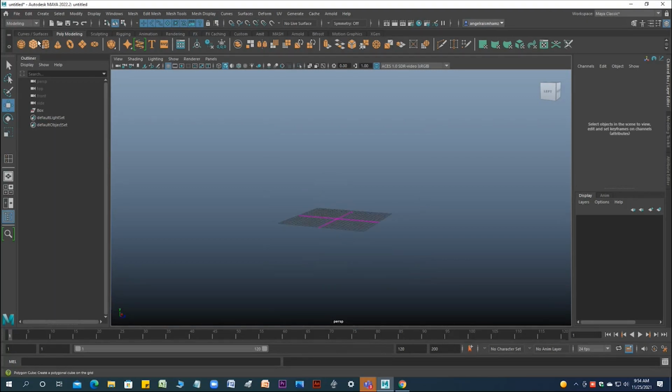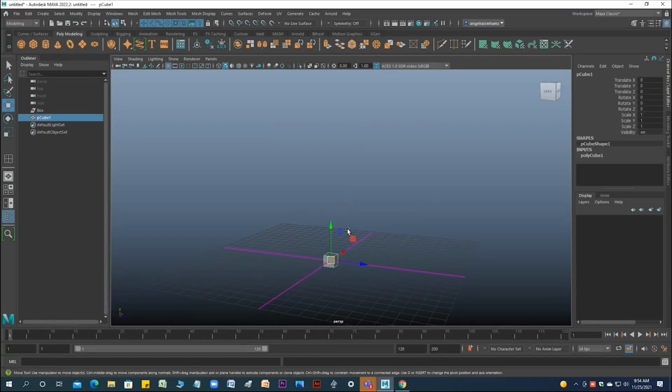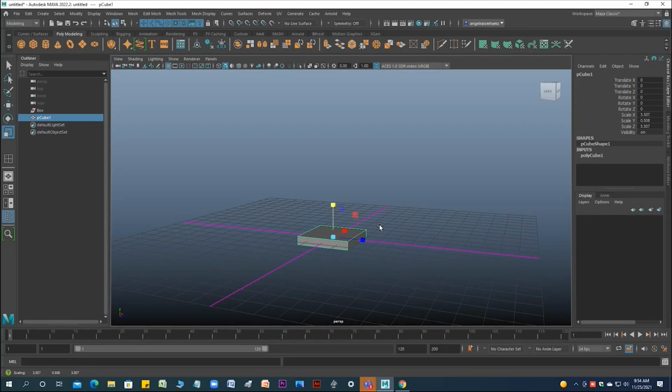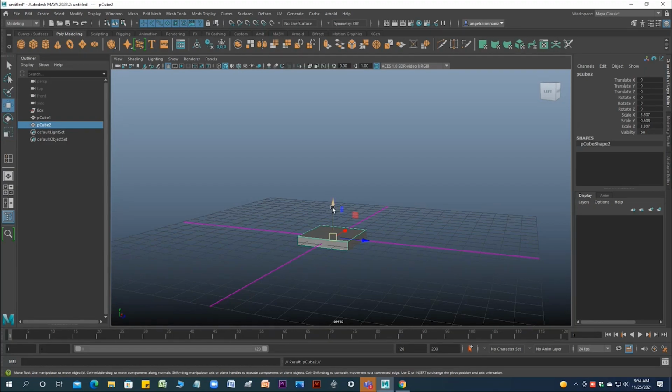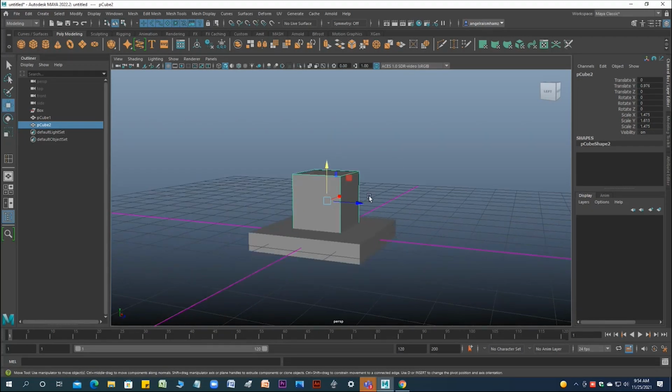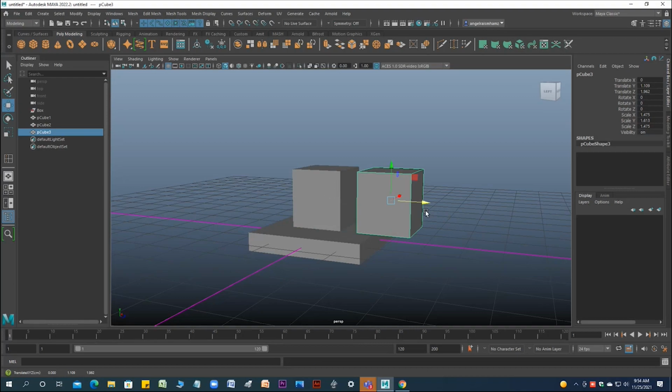One another example about grouping. Either Control D or create a new one. Give another form to identify. Then either create another or duplicate.